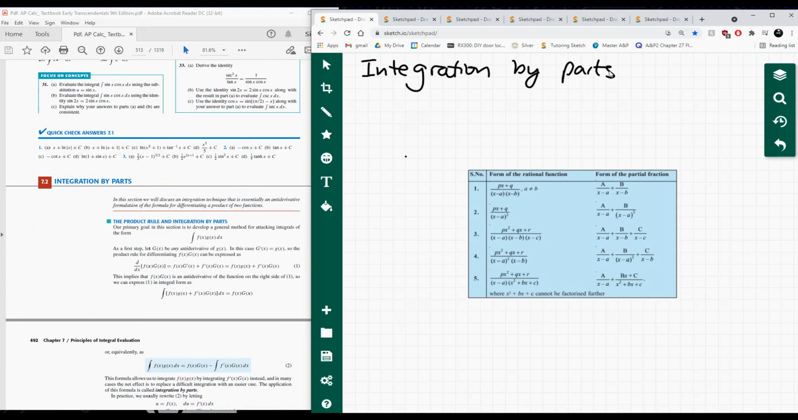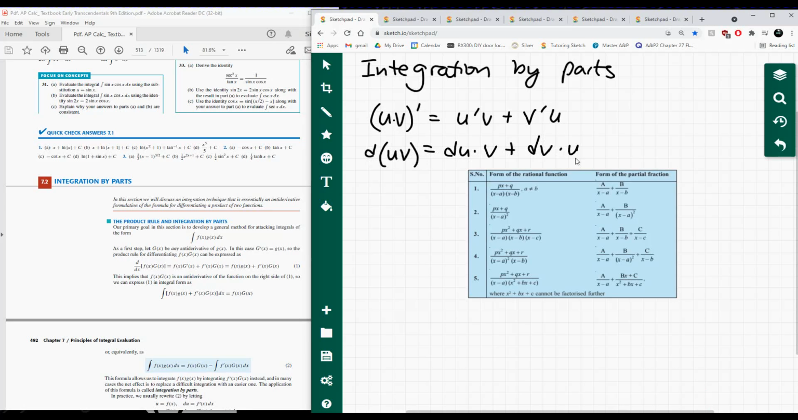And the idea is it's closely related to the product rule. Now we know the product rule: if we have u times v and we take the derivative of this, then we have u prime v plus v prime u. What we can do instead is rewrite this as d(uv) equals du times v plus dv times u. And we wish to write this in terms of an integral,